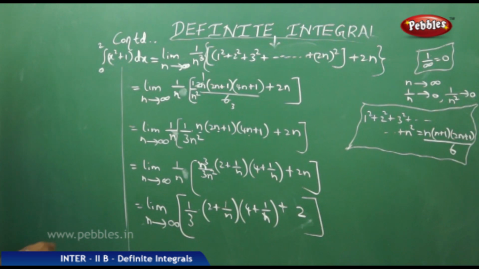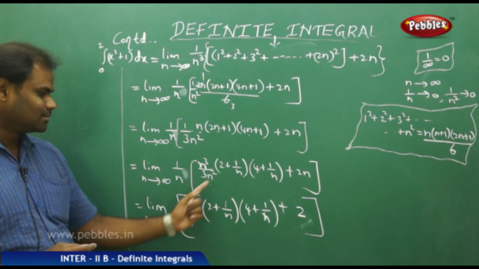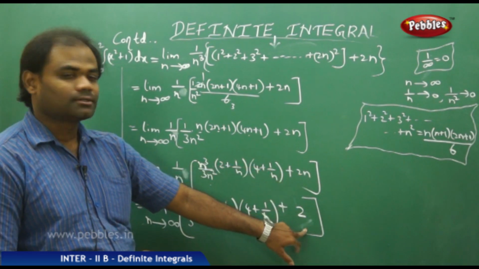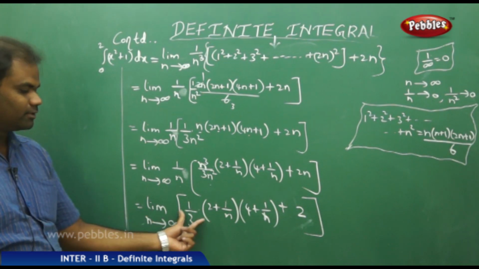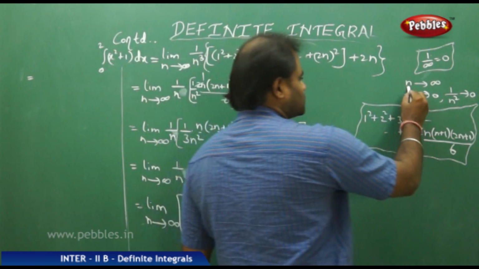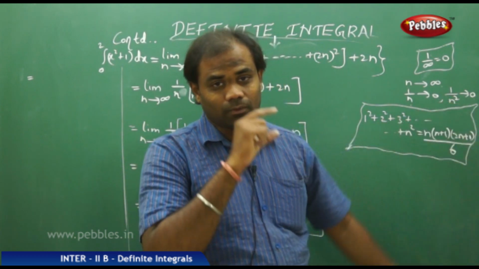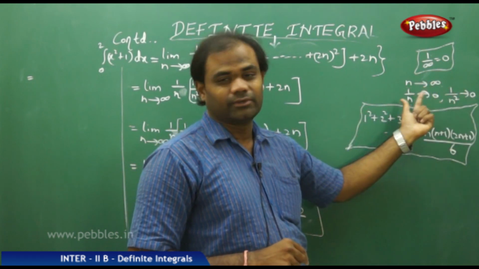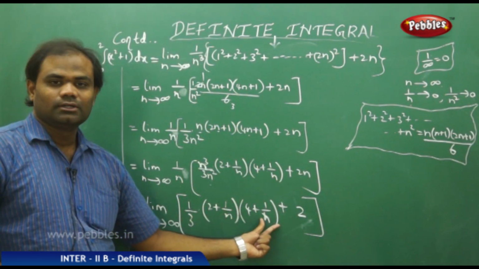Now, as we see here, this n taken inside reduces this into the form 1 by 3, because n times of n square is n cube and all n gets cancelled, and 2 plus 1 by n, 4 plus 1 by n plus 2, because this n gets cancelled with this. And therefore, finally, I get this to be limit n tending to infinity of this, and when n tends to infinity, clearly 1 by n tends to 0, or even 1 by n square tends to 0. And we have 1 by infinity is always 0, and therefore n tends to infinity implies 1 by n tends to 0. So we use this condition out here and here, so that we get